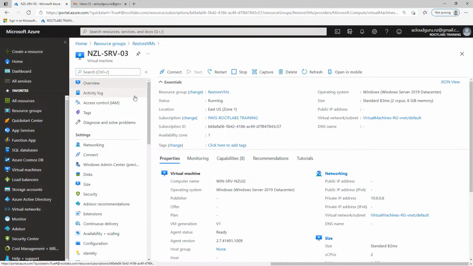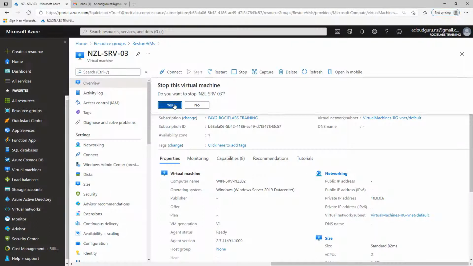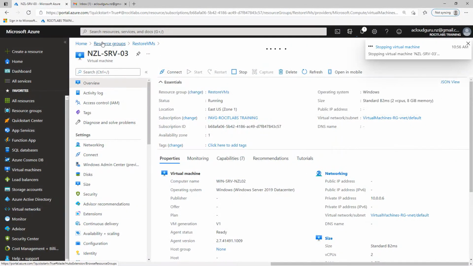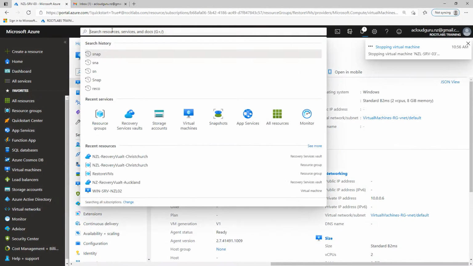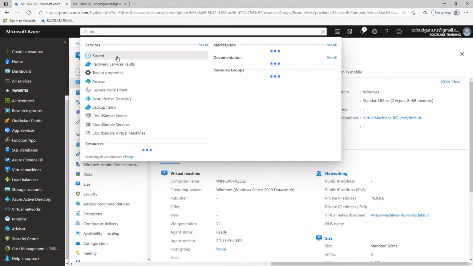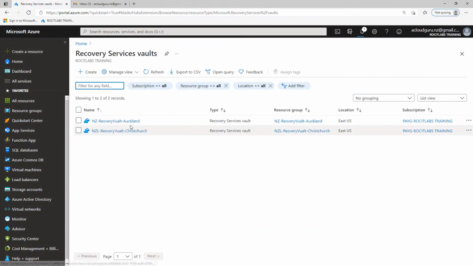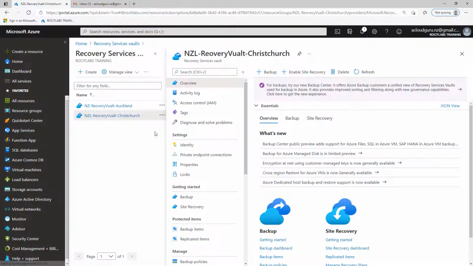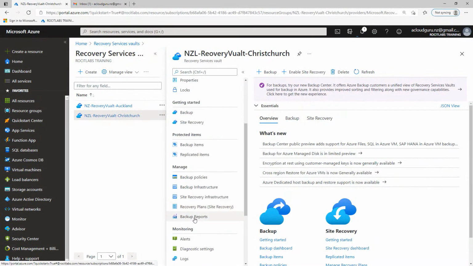So I'm going to show you now how to delete your backups in case you may have the need to do that. The first thing we want to do is go ahead and stop that VM and say yes. Then I'm going to move back over to our recovery services vault by typing RE, and I'm going to move over to our Christchurch vault. I'm going to go to backups,